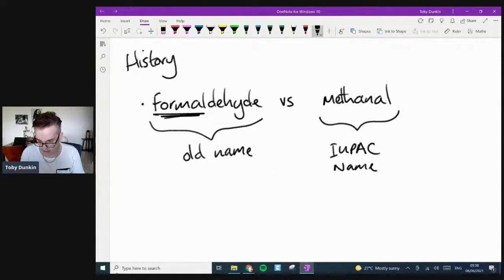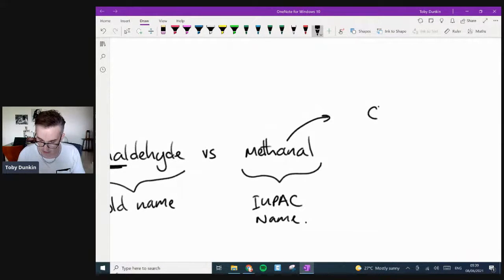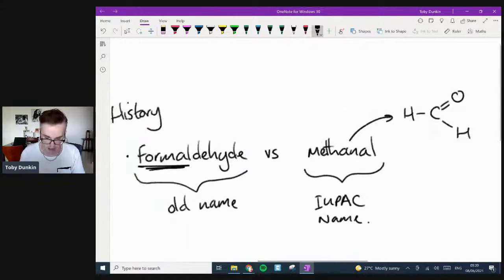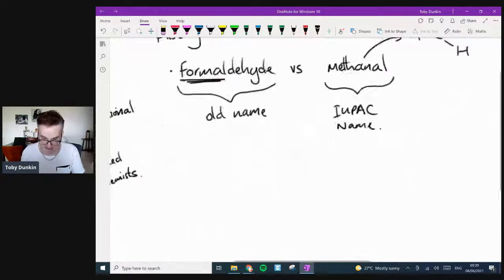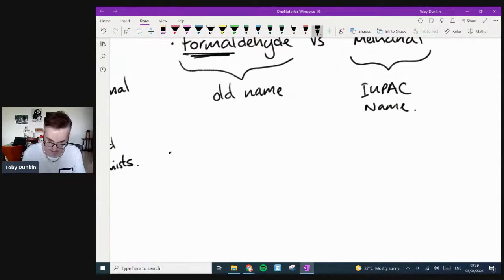Old name versus the IUPAC. And I can now draw this. Based on my understanding of the naming system, I can now translate this into a structure which I can then draw because I know the rules of the naming system. This one would be very difficult to draw if you didn't know the name. Another great example of this is